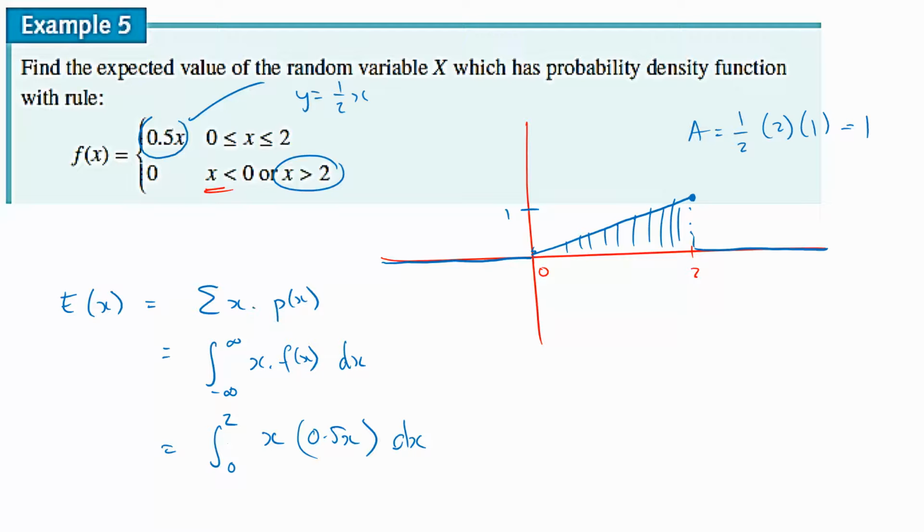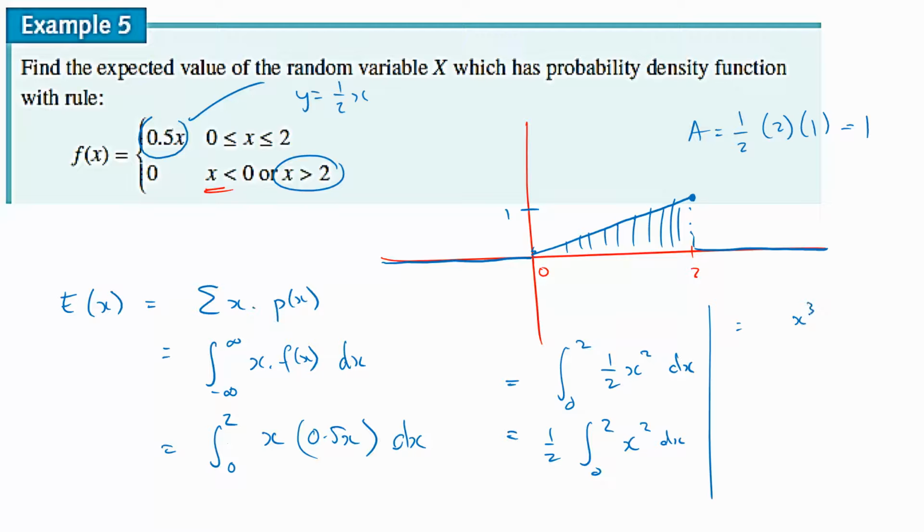So here we go. We do it by hand. Integration of 0 to 2. Expand the brackets. That becomes half x squared dx. And you're back to chapter 11. See, chapter 11, I can take out half as my constant. Half, 0 to 2, of x squared dx. Now let's work this out. What is the integration of x squared? What's that equal to? Just did your SAC, so you should be able to do this.